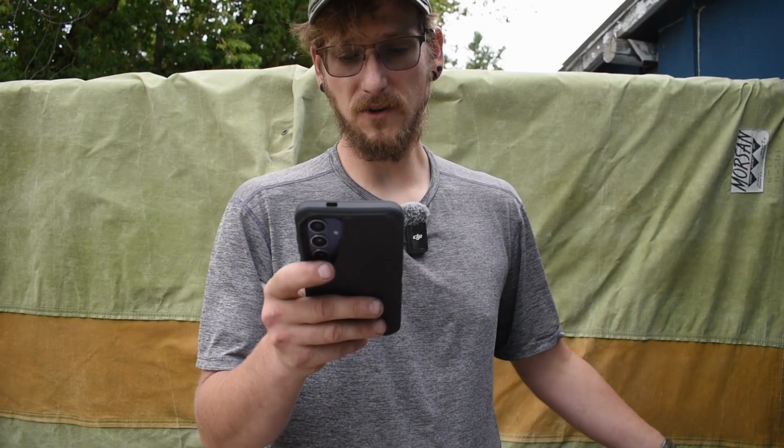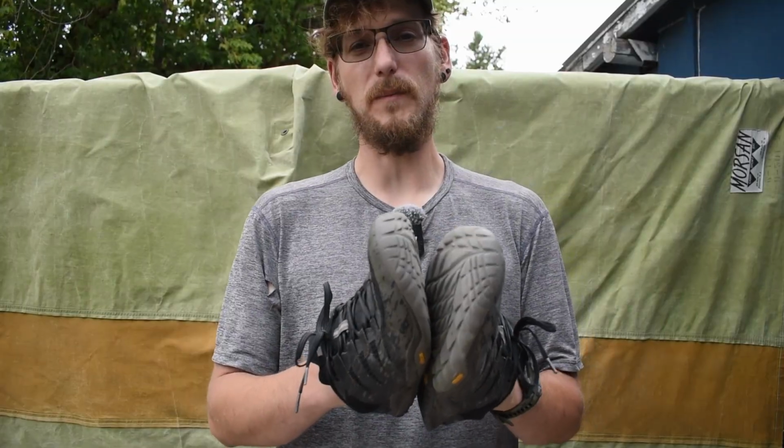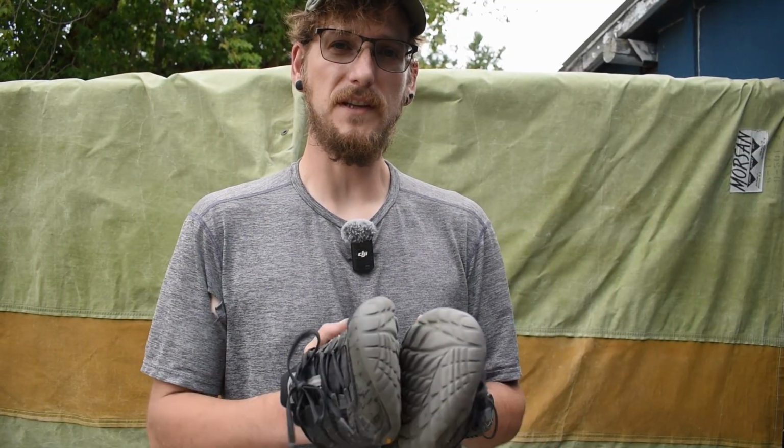So that's what the internet says about them, and typically I wear my shoes out very, very well to where they're basically a barefoot shoe when I'm done with them anyway. So it's not really changing much for me. So going from like a lightweight trail running kind of shoe to these wasn't